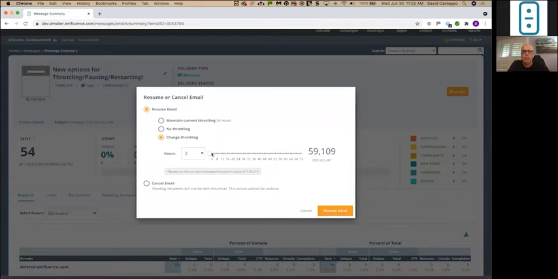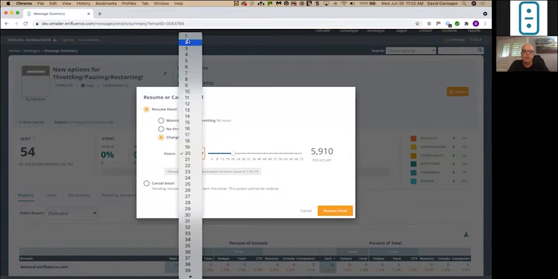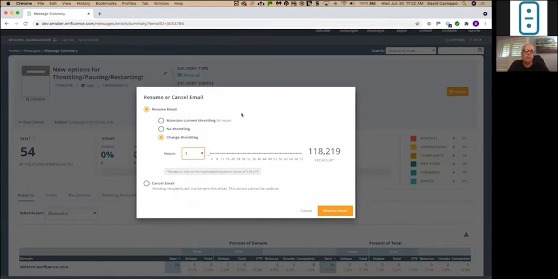A couple of updates here. One, you can change it, so I could make it go out faster or slower than I originally intended. And at a client request, we added the option to scale throttling down to a 1 hour throttle. It used to start at 2 hours and now it goes at 1. So, a simple request from a client. If you have needs like that, keep in mind that you can always ask, and sometimes it's a quick fix for us. Sometimes it takes just a little bit more work.